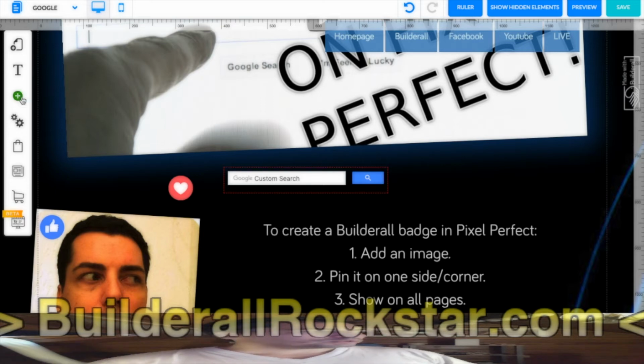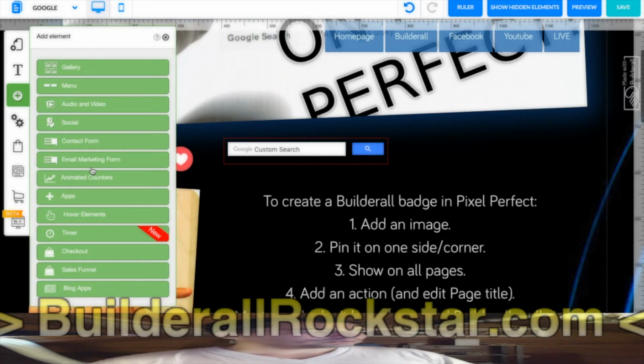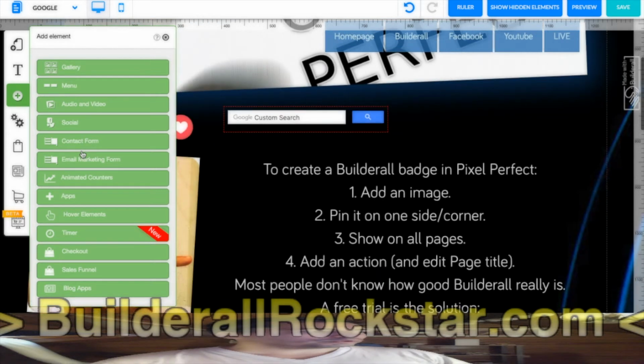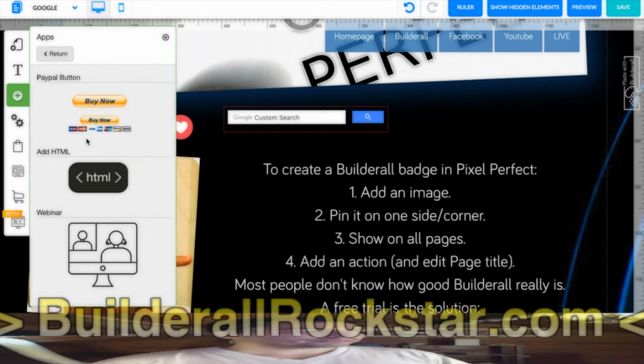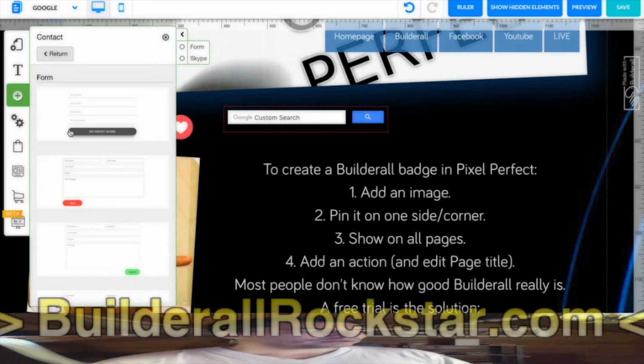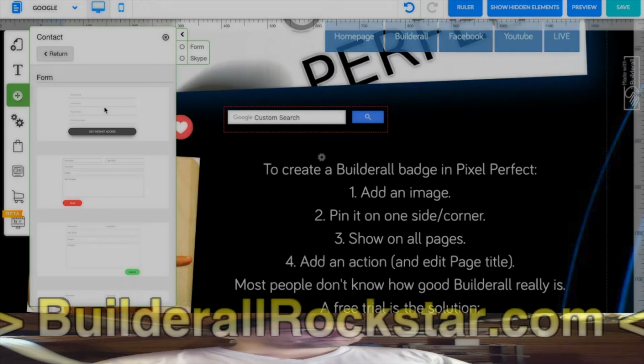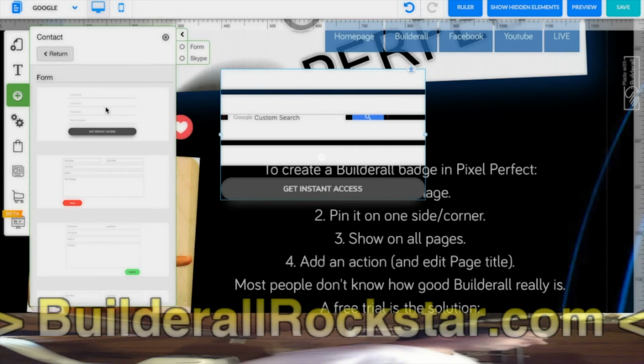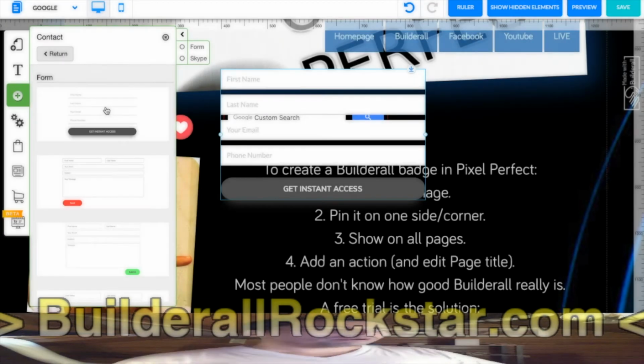Now we go to plus, and we choose the contact form. No, not apps. Contact form, and choose any form. Doesn't matter, because afterwards you can customize the appearance of your form. So okay, I have this form.